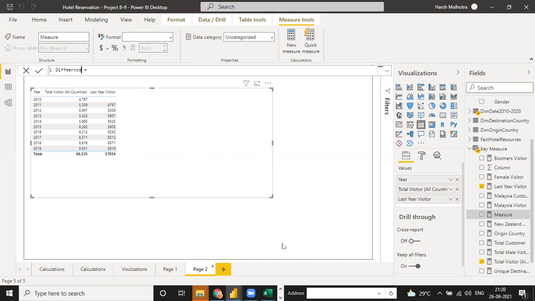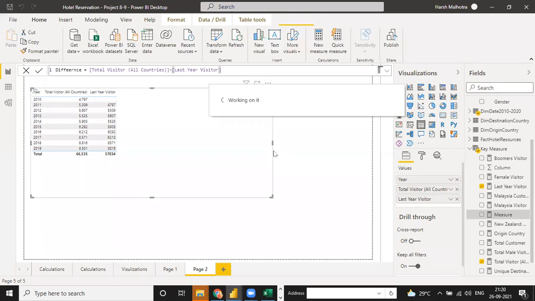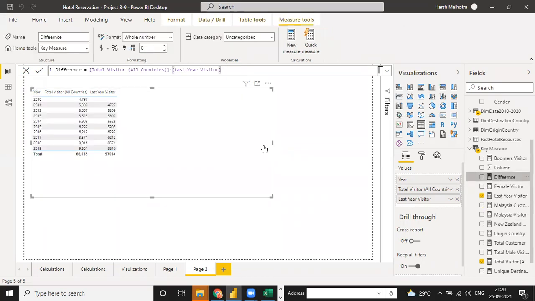Difference: you can use total visitor minus last year visitor and just enter. And see the value of difference.